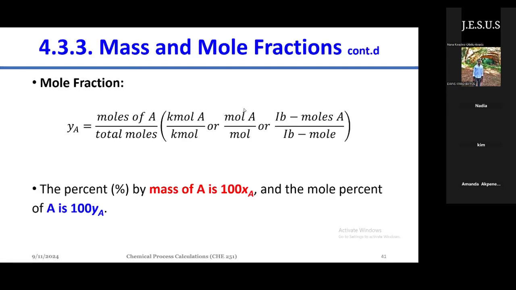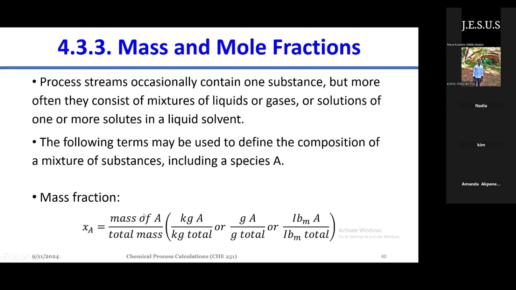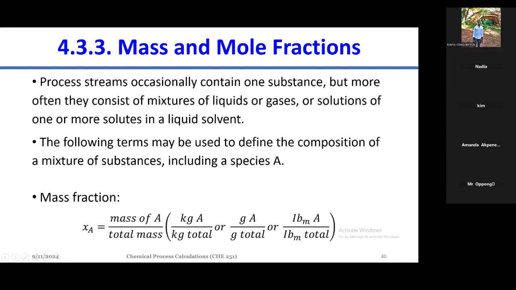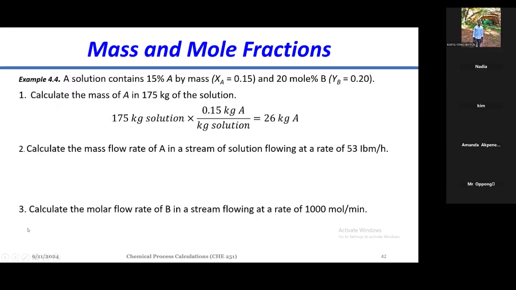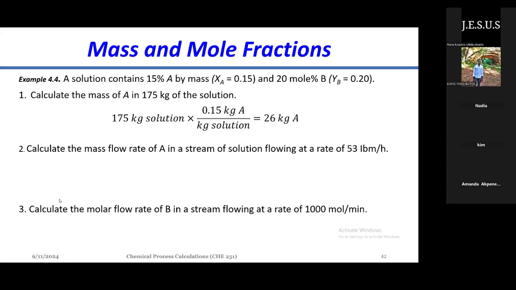We know that mass fraction is mass of A divided by the total mass, right? Now we know that to be 0.15. So 0.15 is equal to mass of A over my total mass. My total mass here will be 175 kilograms, and I'll just multiply to get the mass of A. So the next question is calculate the mass flow rate of A in a stream of solution